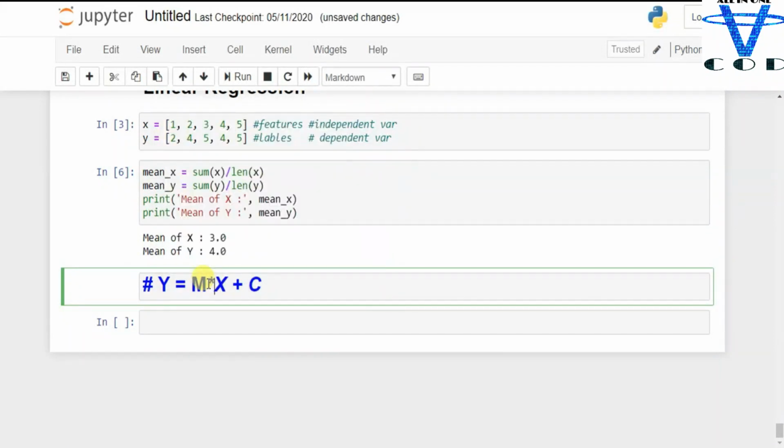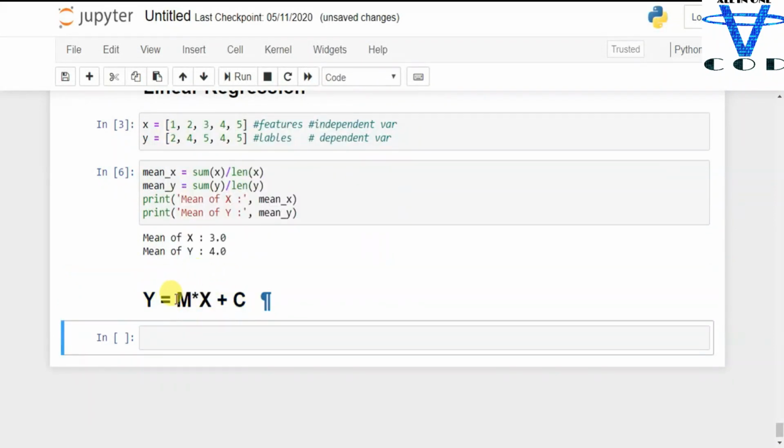So we have to find m and c, because we already have y and x here. We just need m and c. So let's find m and c. Let's say def m, and we want the parameters x and y here.